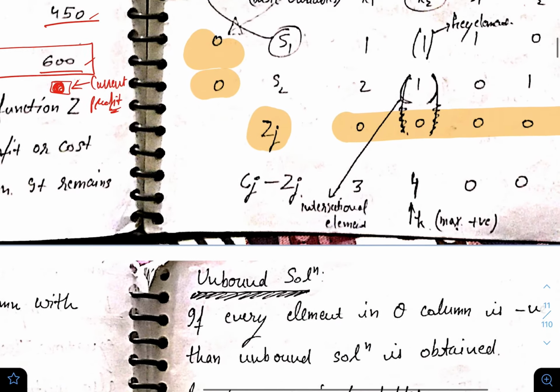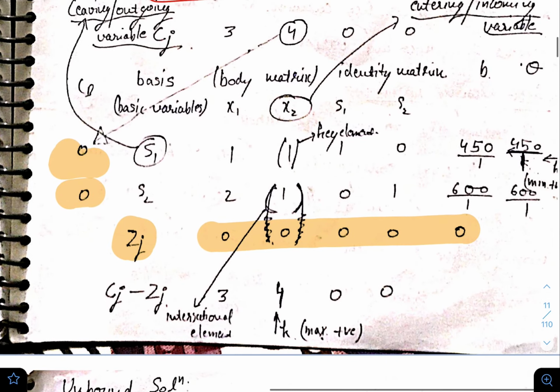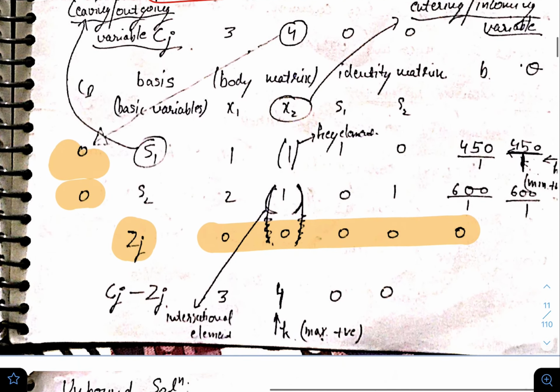See, here we had the basic variables, right? These are my basic variables. Now what will happen, these basic variables will keep on changing in my further iterations. Now how will I decide which variable will enter over here and which variable will leave from my